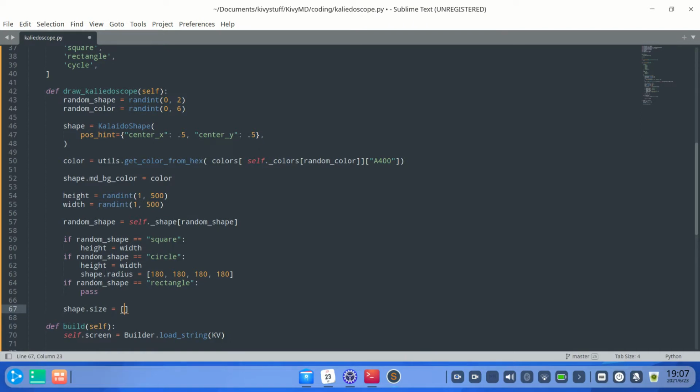So we cast it to the string. First is height, and second to string, the width,